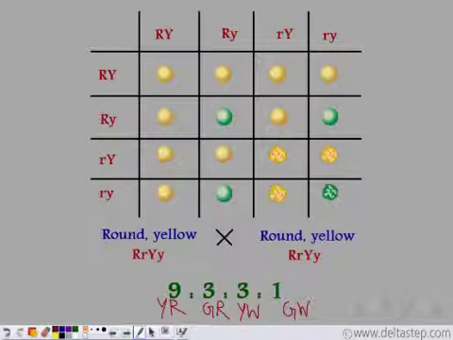Now see, there are two contrasting characters, green or yellow and round or wrinkled. Now it is not always true that round goes with yellow. We've seen that there can be green and round seeds as well. Similarly, it is not necessary that green has to go with wrinkled. It can be yellow wrinkled seeds as well. So from here, Mendel said that there is independent assortment of genes, and genes can combine with other genes to form these variations.